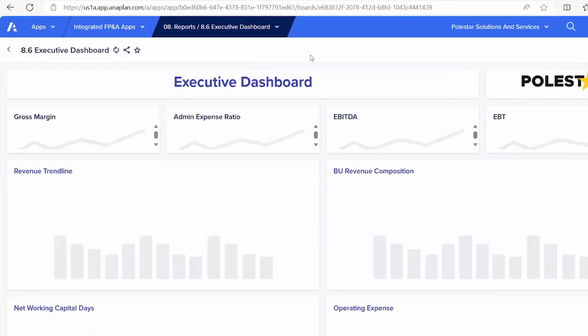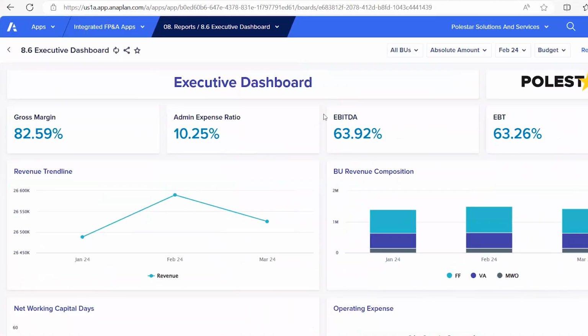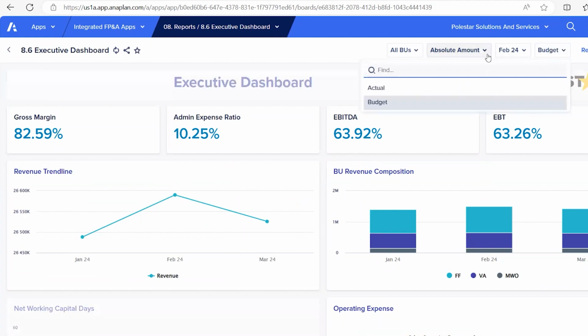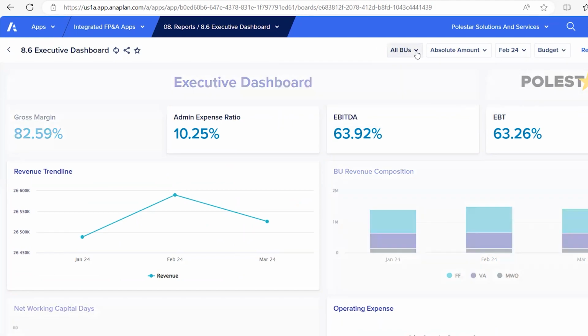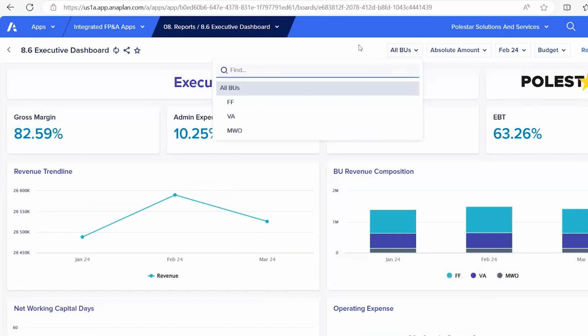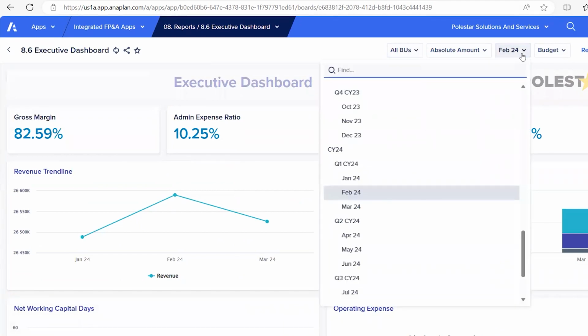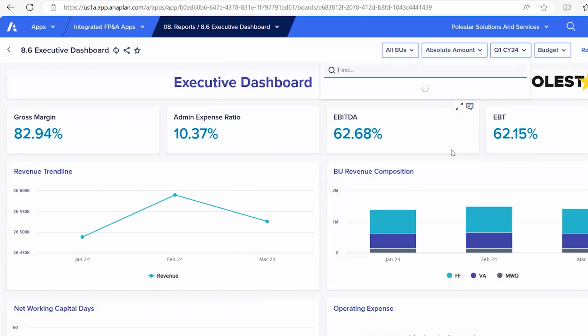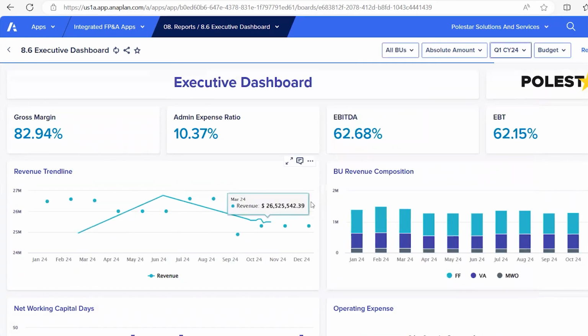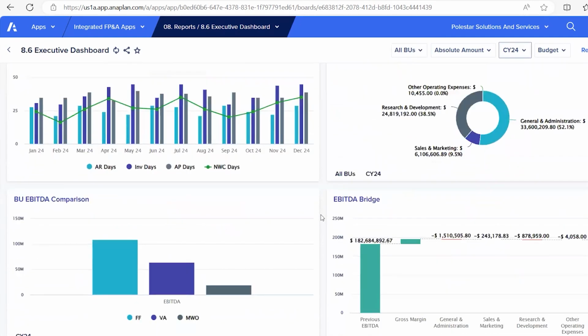And then finally, your executive dashboard, which can be accessed by your senior folks. They can have quick information about the budget and actual. They could visualize information in thousands, absolute or millions, for views at a company level, for a month or multiple months, quarter, right? For example, if I'm looking at a full year, I'm able to have my